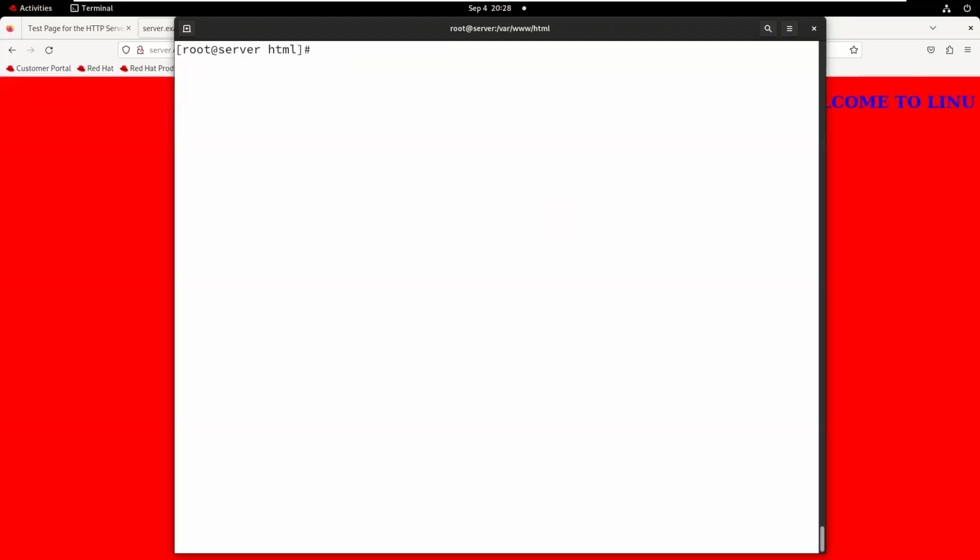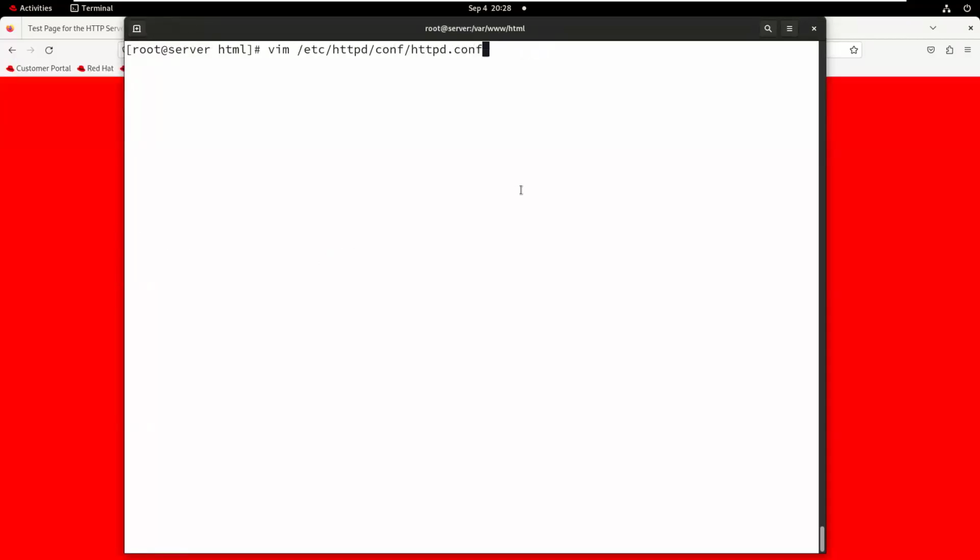So where exactly do we change it? See, the major configuration file is /etc/httpd/conf/httpd.conf, the main configuration file for the web server.